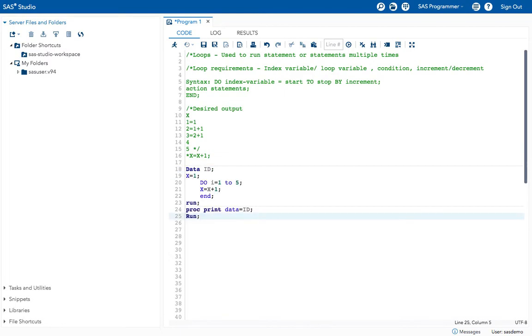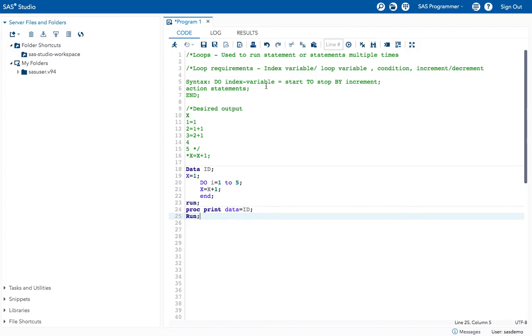Here I am taking a program. I have a data step with x equal to 1, and here I have taken do I equal to 1. What is the I here? Based on the syntax, it says do index variable. The index variable tells SAS where to start and stop.